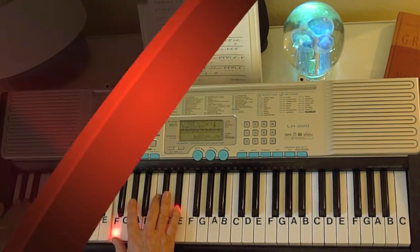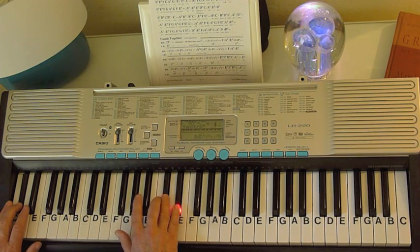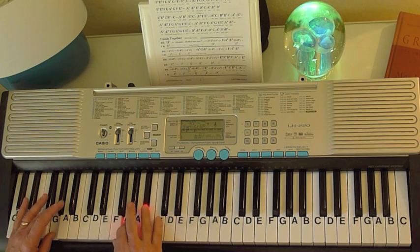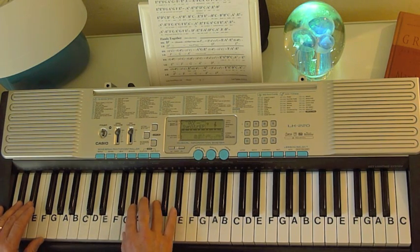Goes back to the chord, and then we repeat that. Goes back to the chord, and we repeat it. And this time the music just fills out, so he doesn't finish that vocal. He comes down and goes,